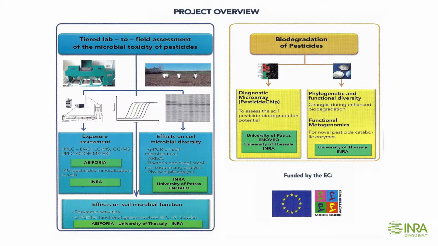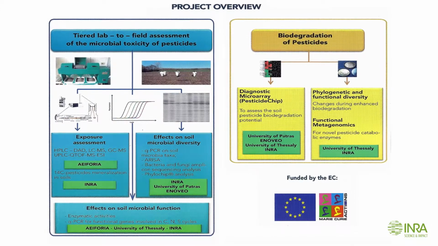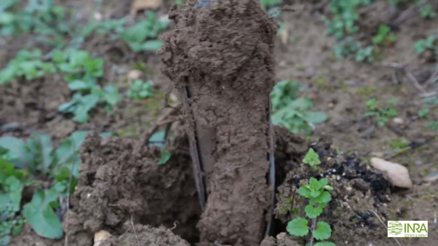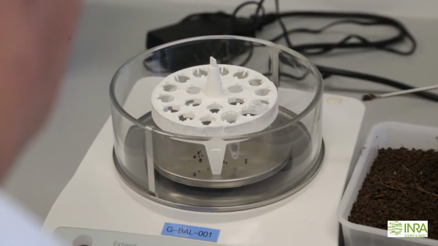The aim of this project is to develop innovative tools in order to study the impact of pesticides on soil microbial community. We joined this consortium because we are one of the specialists of molecular tools applied to soils, and in particular we are able to extract nucleic acids from soils and study microbial communities starting from the soil DNA extracts. Our contribution to the European project is to extract soil DNA for all the partners involved in the project.